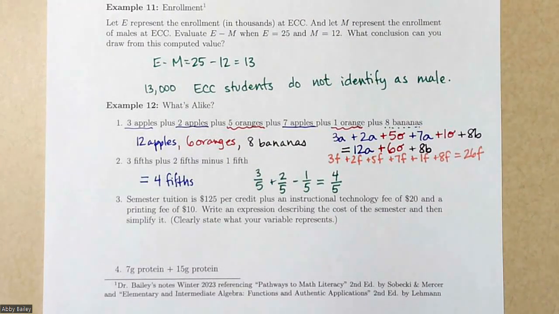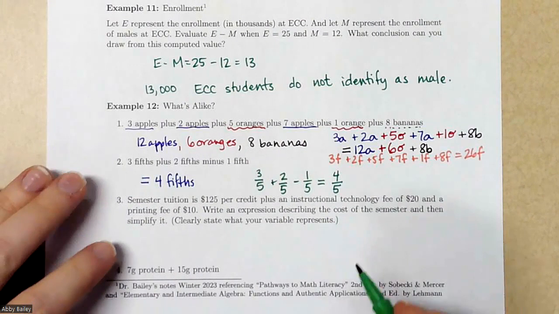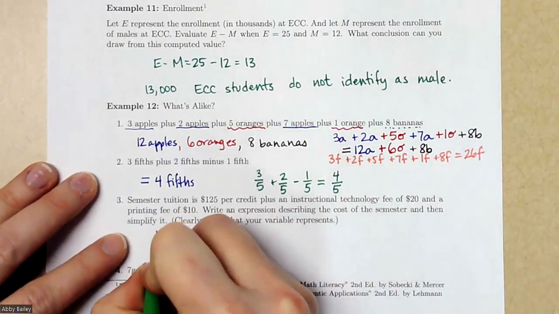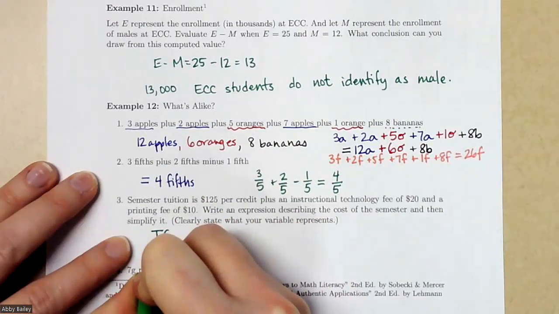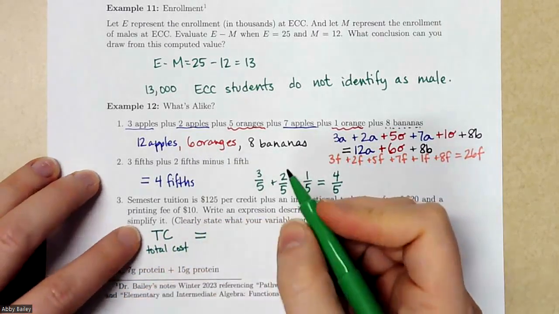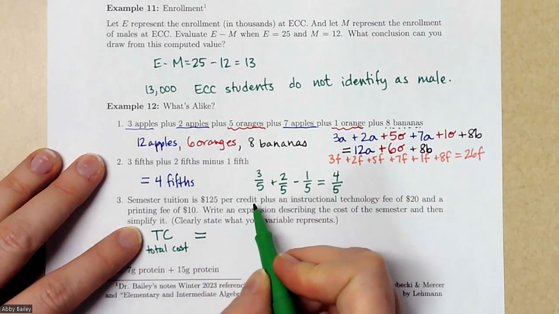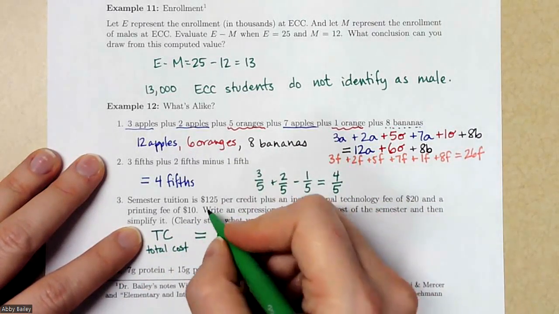Semester tuition is $125 per credit, plus an instructional technology fee of $20 and a printing fee of $10. Write an expression describing the cost and then simplify it. Okay, so TC, or total cost, will be $125 per credit. So